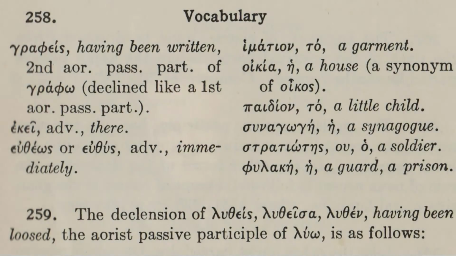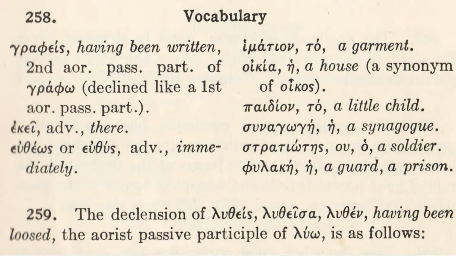Let's go ahead and take a look at the vocabulary list and some of the paradigms that are provided to you. I'll look at some of the examples as well, and then we'll, as we usually do, look at the first three of each of the exercises that are set before us by Machen here. All right, so let's take a look at these vocabulary words. Once again, we have a little bit that is new, but also we have here some that are simply new forms of words we've already learned.